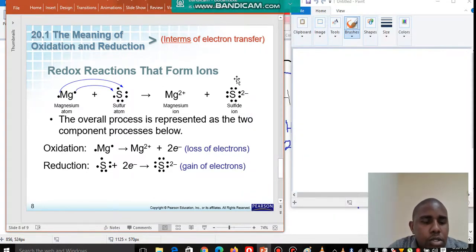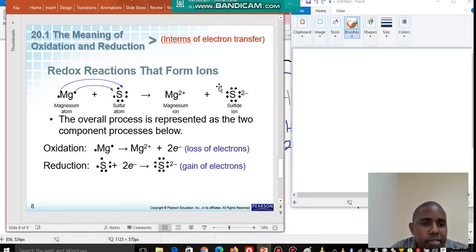Okay, so we have magnesium reacting with sulfur to form magnesium sulfide, which is also another ionic compound, but in this case there is no involvement of oxygen or hydrogen. So magnesium, being a metal, has donated electrons to sulfur, and itself being electron deficient, to form magnesium 2+ ion,